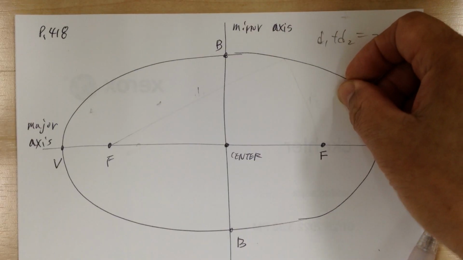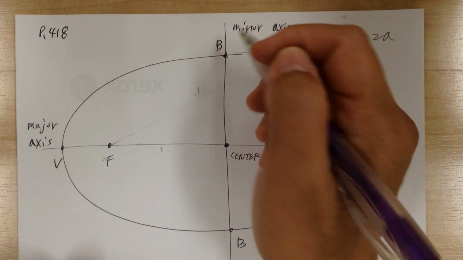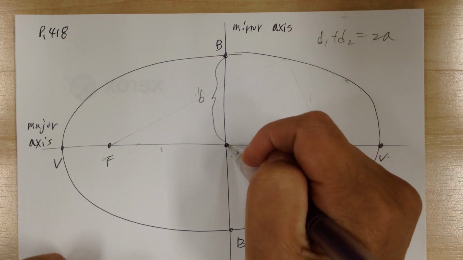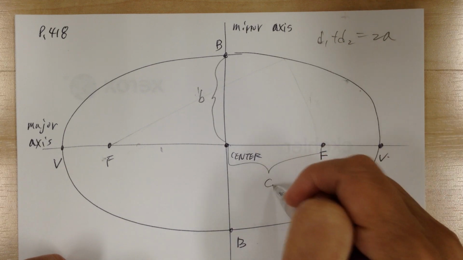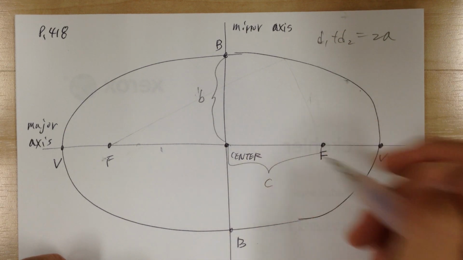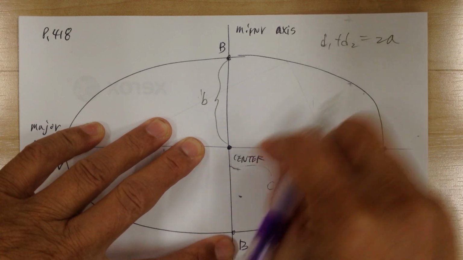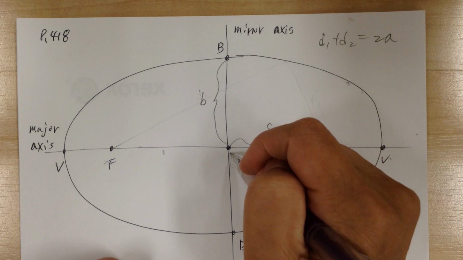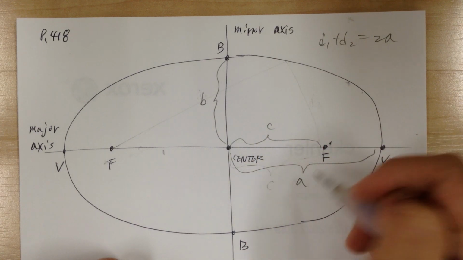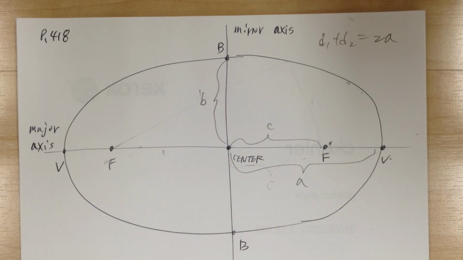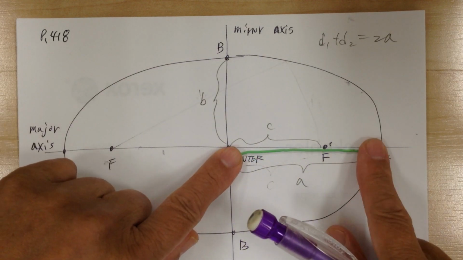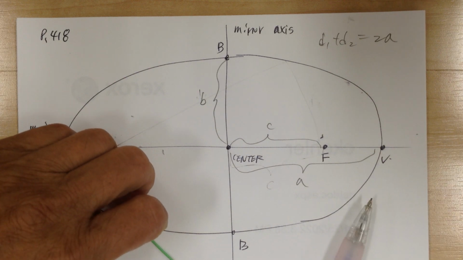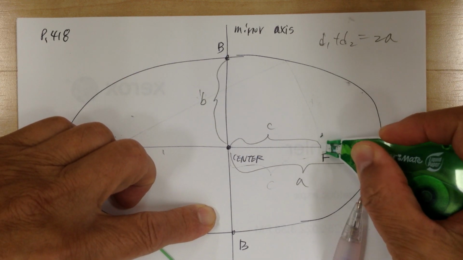So over here, this distance from here to here is your B. This distance over here is your C. That's your C, and this is your A. Now, when you have this A over here, when you slide it over,